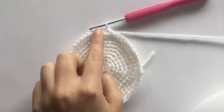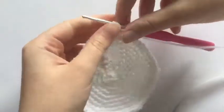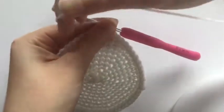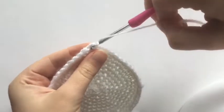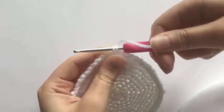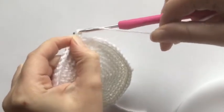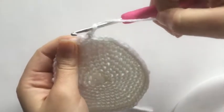So from here we now want to start making a wavy pattern around the edge for the wool of the sheep. So to do this I'm going to do a chain of 1, and then in that first stitch I'm going to do 1 double crochet, and now I'm going to do a treble crochet into the next stitch,